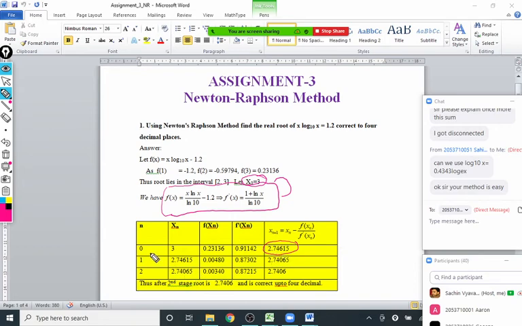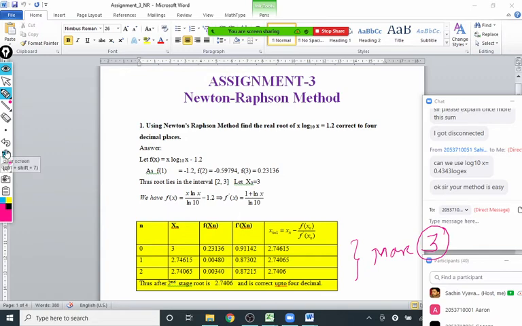You have to repeat. Newton-Raphson is a very fast convergent method. So you will always get the answer in a maximum of 3 iterations. 3 iterations you will require in the Newton-Raphson method. And I will tell you another important thing: if the root exists in the interval and that interval is between the 2 nearest integers, then it requires a maximum of 3 iterations. But if you are far away from the root, you may require more iterations there.